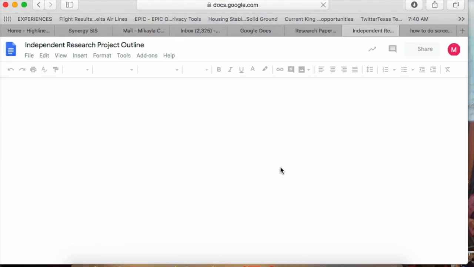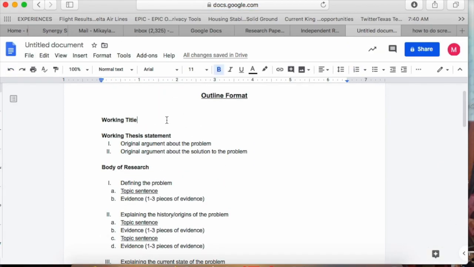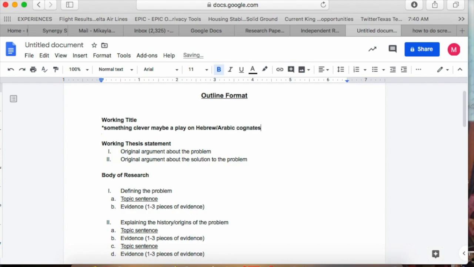When you have completed. The first strategy, fill in everything you know. So that's things like titles, thesis, and topic sentences. Those are a lot easier to do from just prior knowledge. So the first thing I'm doing, I'm grabbing that outline format, copying and pasting it to a blank document, and